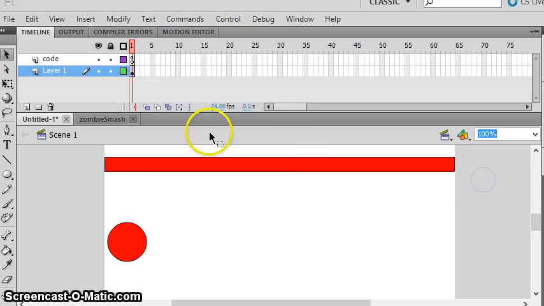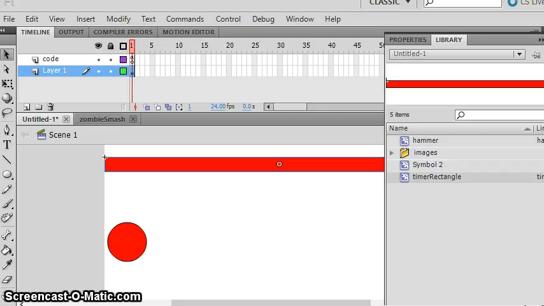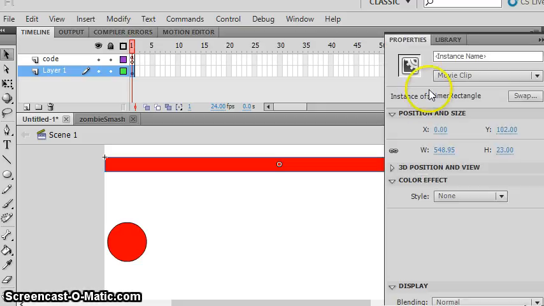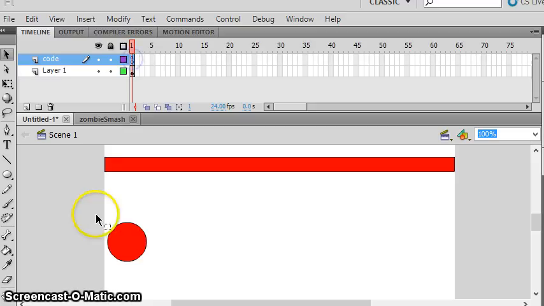Now, here's what I'm going to do. This thing that I just created, he is a timer rectangle. He has no name, so I'm going to give him some name. I'm going to call him Rexy. Nice. Maybe it's a her. Okay. So I'm going to give it an instance name Rexy because I need to be able to talk about it in code. Now on my code layer,